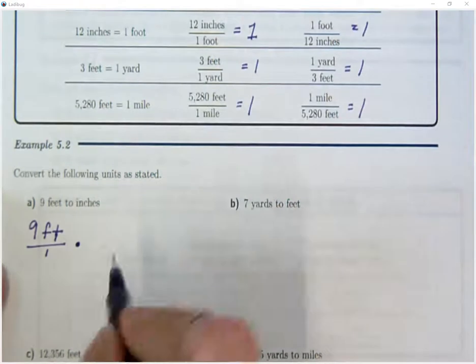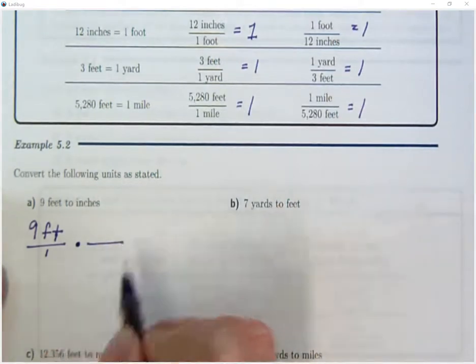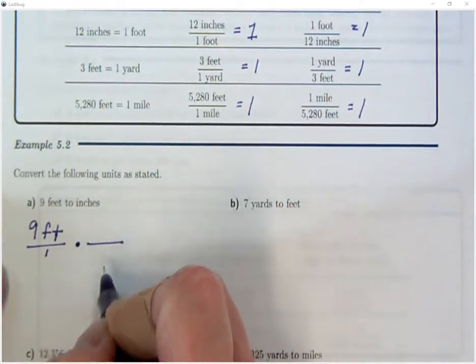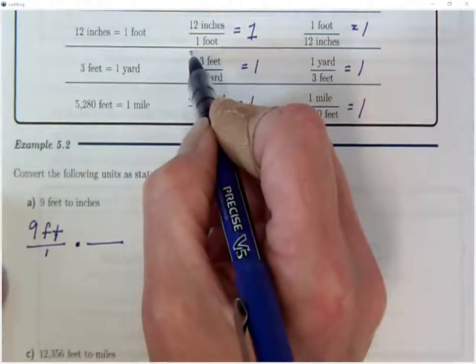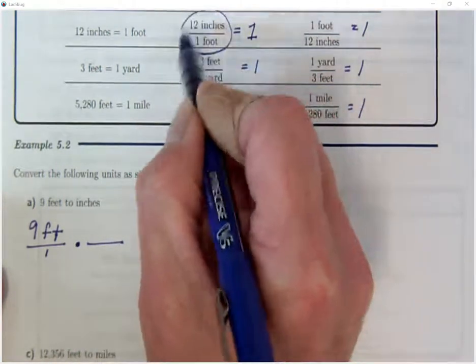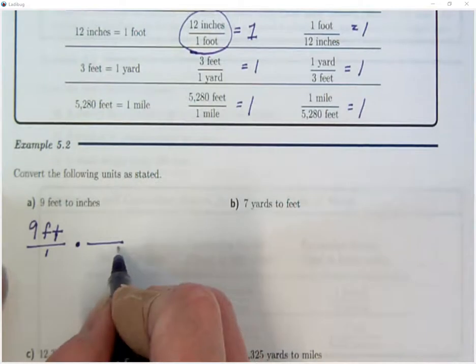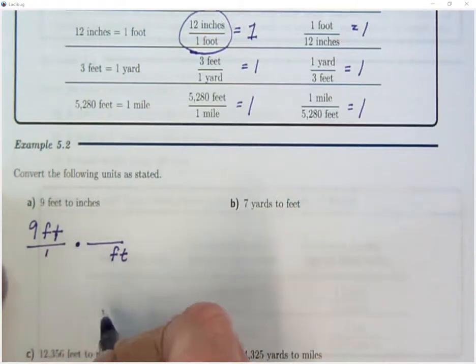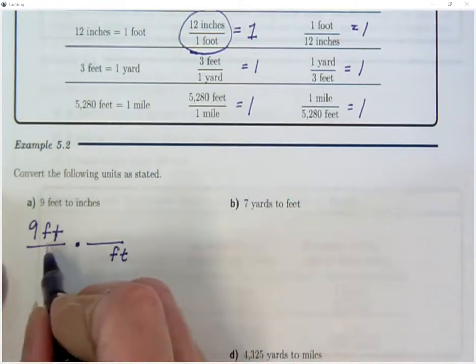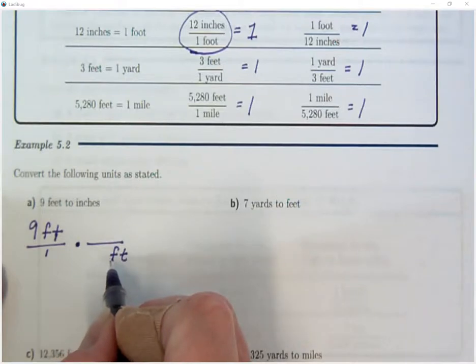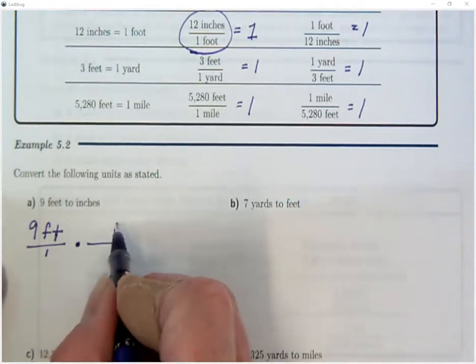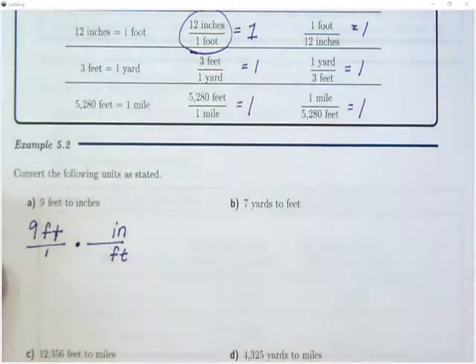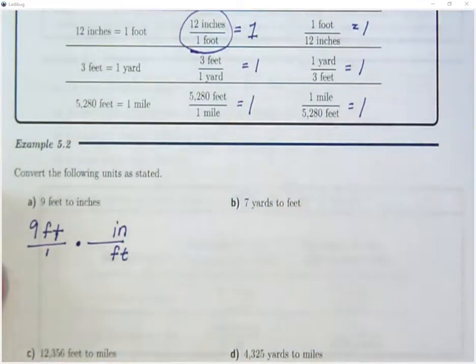I'm using a unit fraction, so I'm going to multiply by 1 in the form of this unit fraction up here. I want to make sure I have the feet in the denominator, because that way I can simplify before I multiply, and these units will reduce out because anything over itself, again, is 1, including units. So here, these are going to cross out,